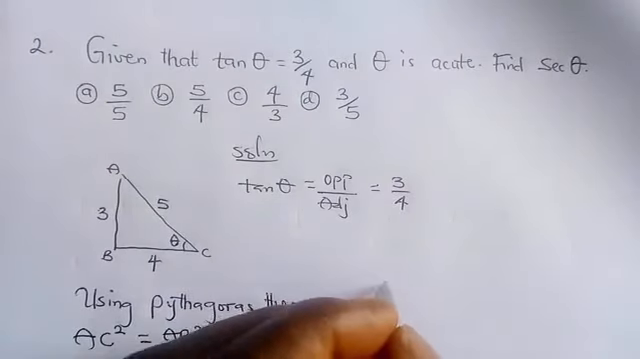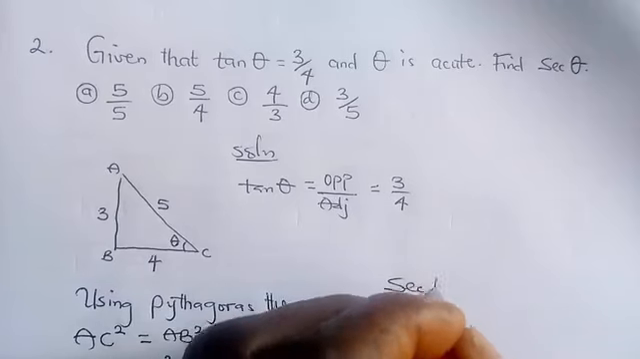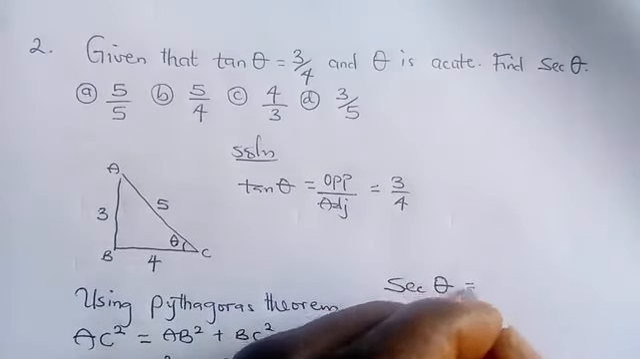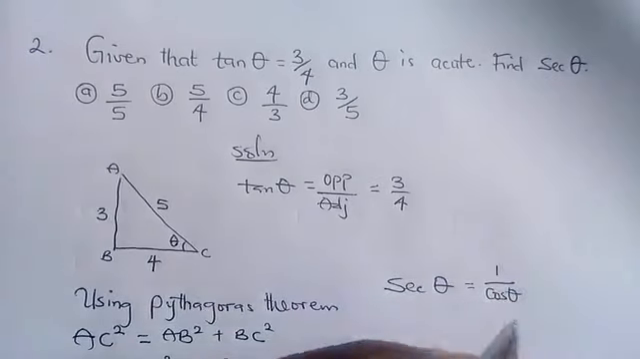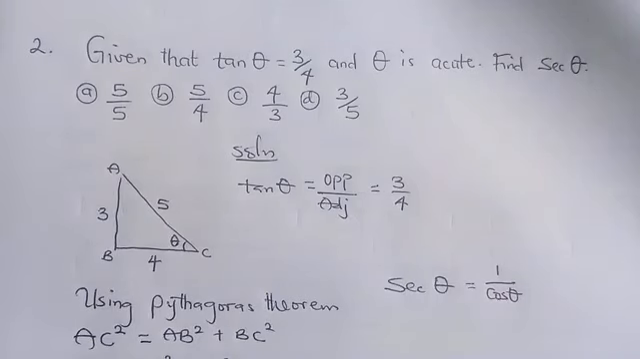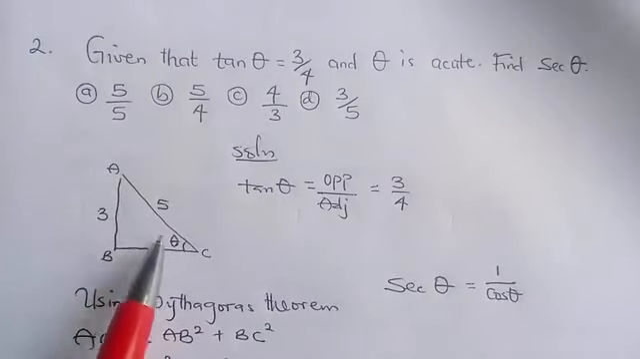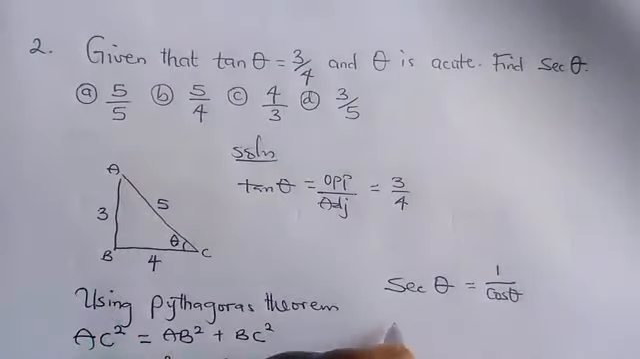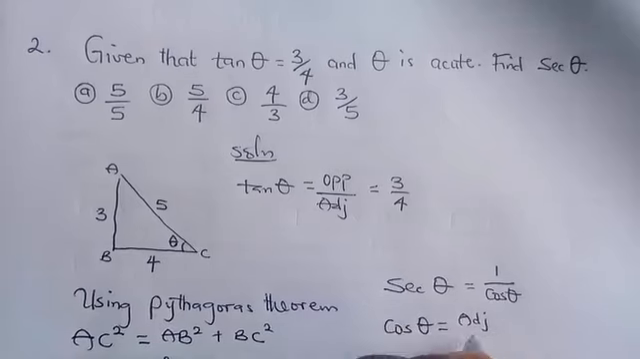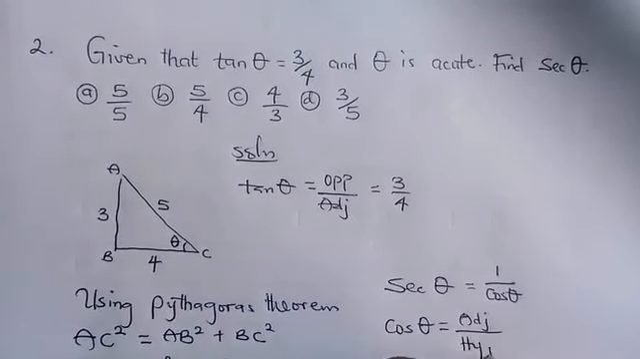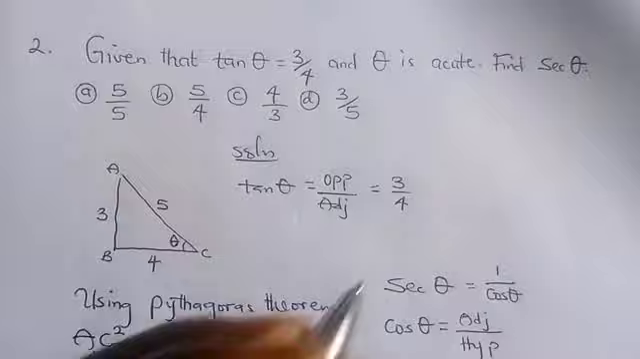And sec theta simply is equal to 1 over cos theta. That is the inverse of cosine. So if we look at this right angle triangle, cos theta is equal to adjacent over hypotenuse. From our SOHCAHTOA,